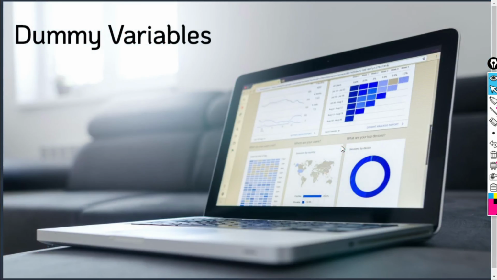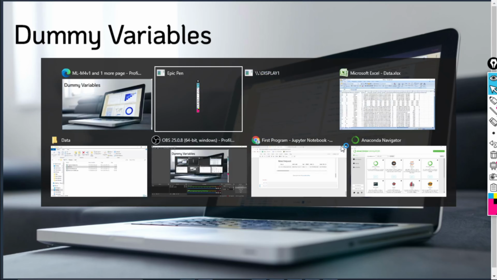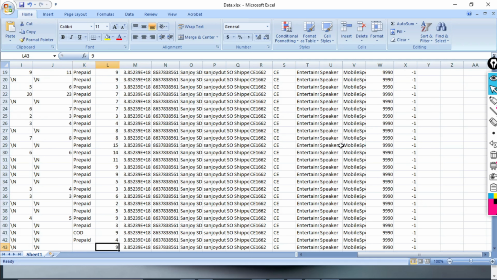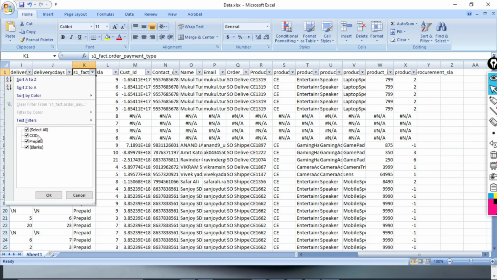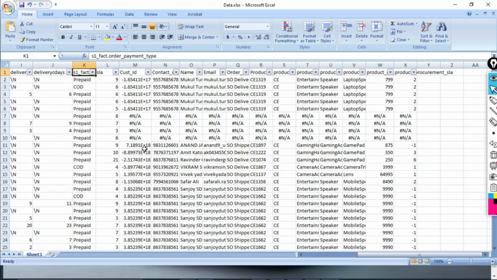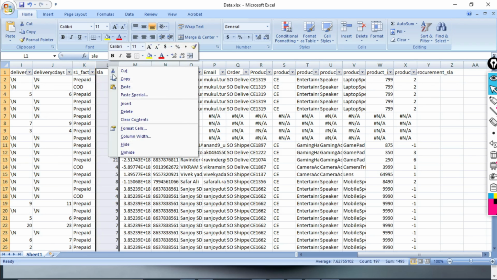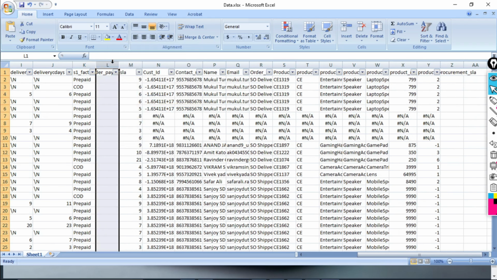The next thing that we are going to do with the data types is of the category. This is for dummy variable creation. Dummy variable creation we mainly do for categorical variables. So let's see how dummy variables are done. Let's take a look at this variable. We have variables of COD and prepaid, so we have two classes here. In this dummy variable approach, I'll just show you here, we insert two columns